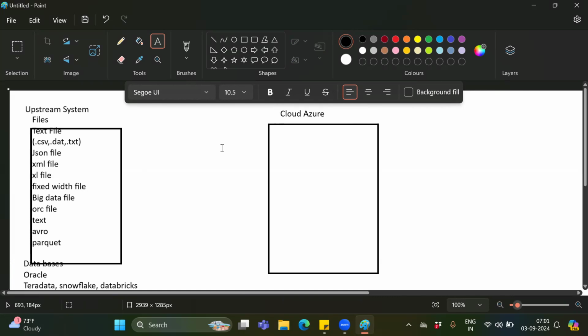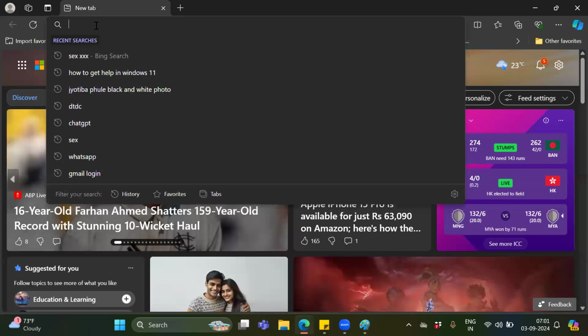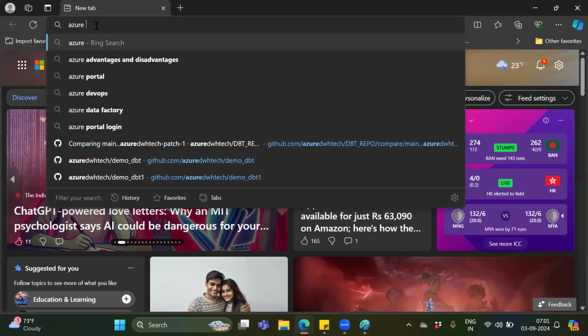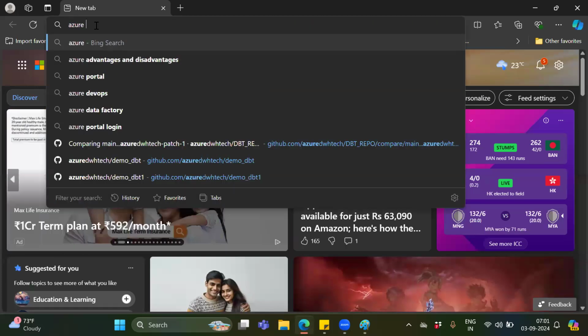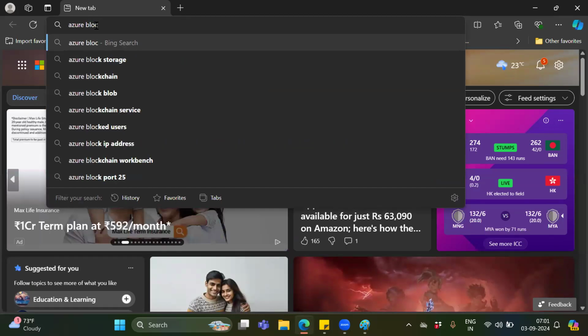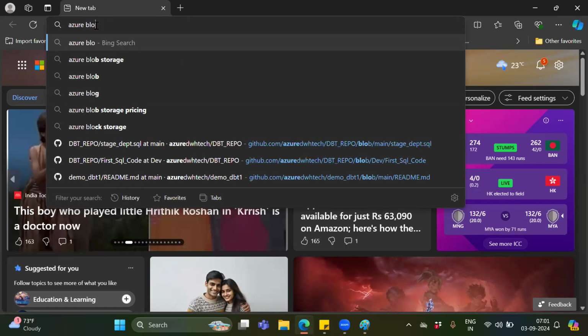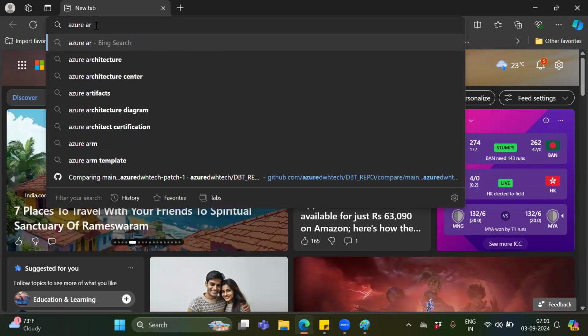Under Azure, what exactly does Azure do? Azure is a set of, I mean, one area it will create for you. So let me show you one example. Azure Cloud. One second, Azure architecture.